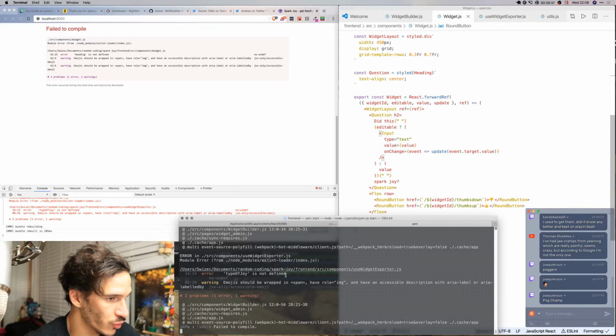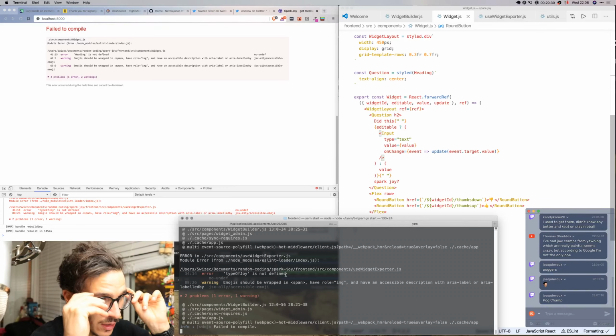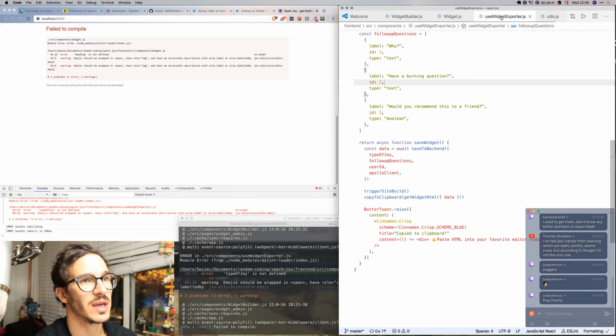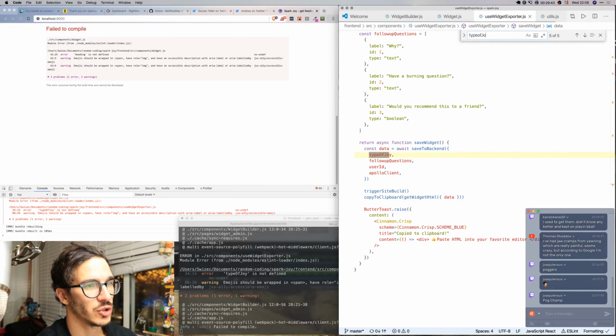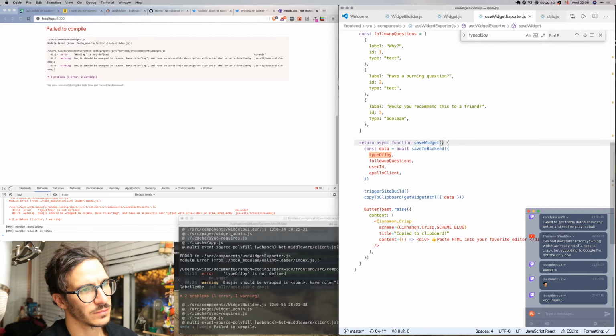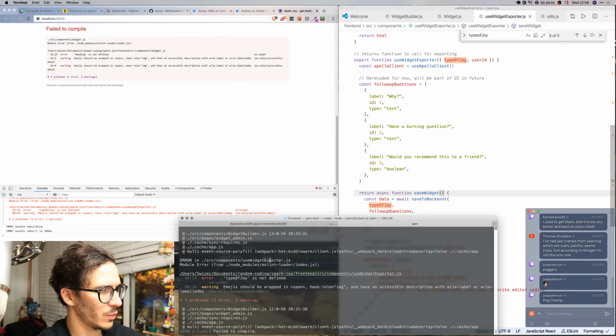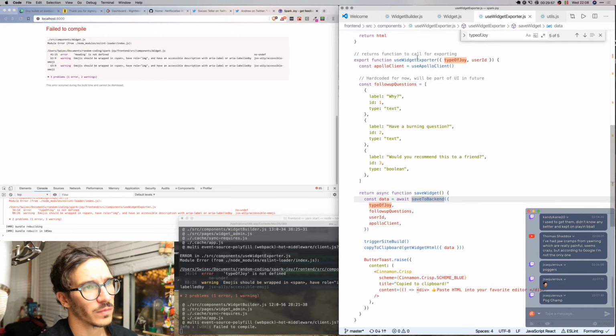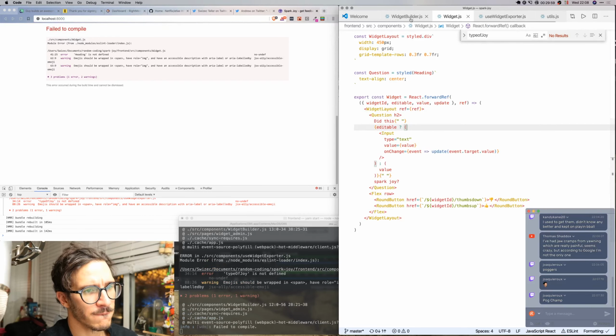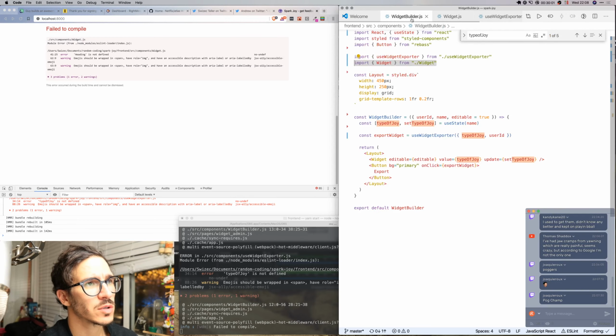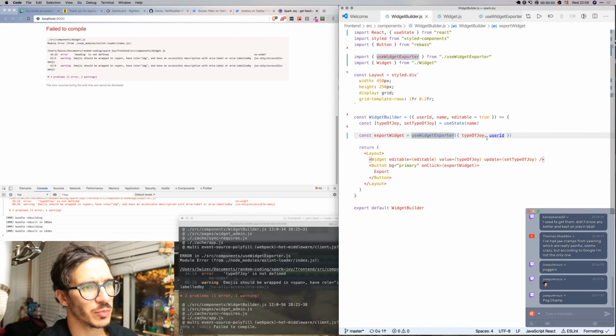Okay, what did I get wrong? Type of joy is not defined in use widget exporter JS. Type of joy, why is type of joy not defined? What? So where use widget exporter gets type of joy and user ID,